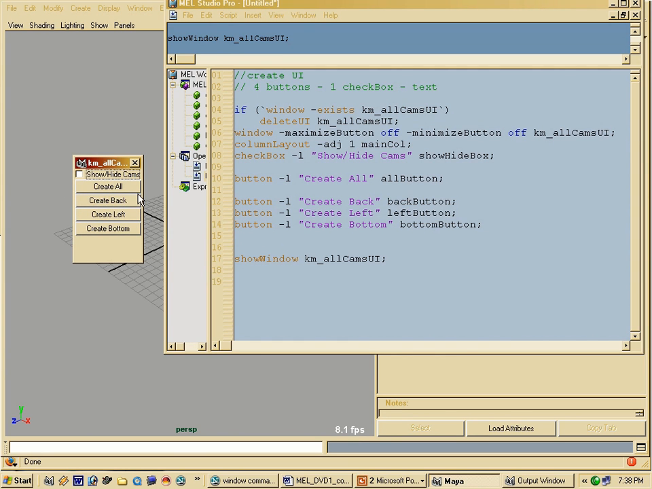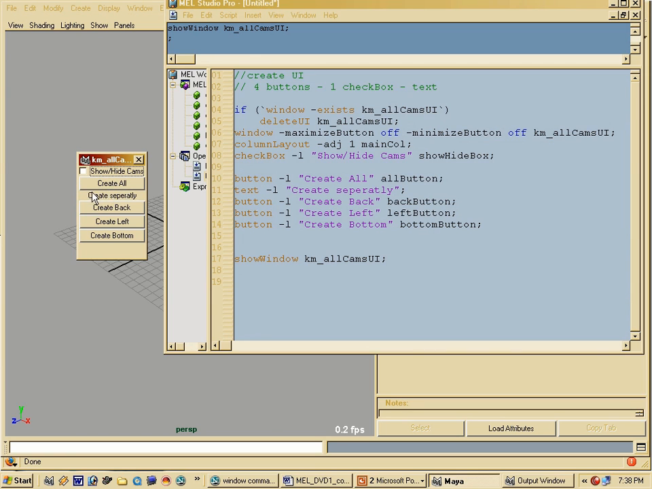Maybe we'll have a little text in between the create all and all the other buttons. So I'll just write text and label and then say create one, or create separately, like so. Like so, and let's execute that again. Okay, there you go. And maybe one final thing that we can do is